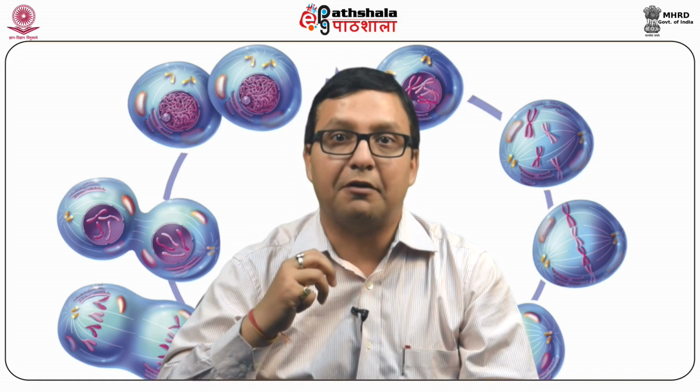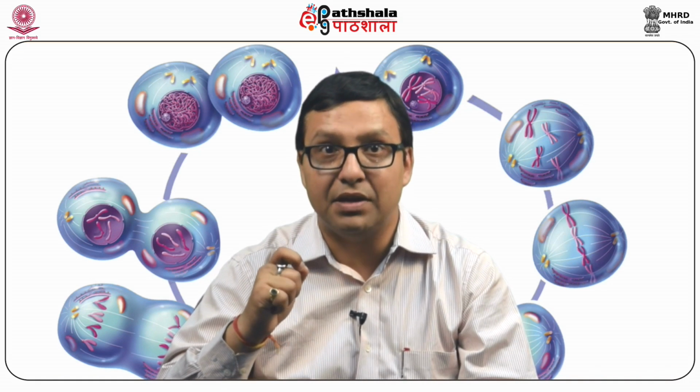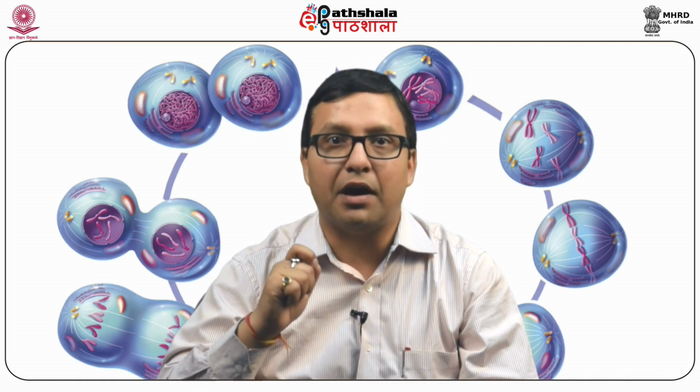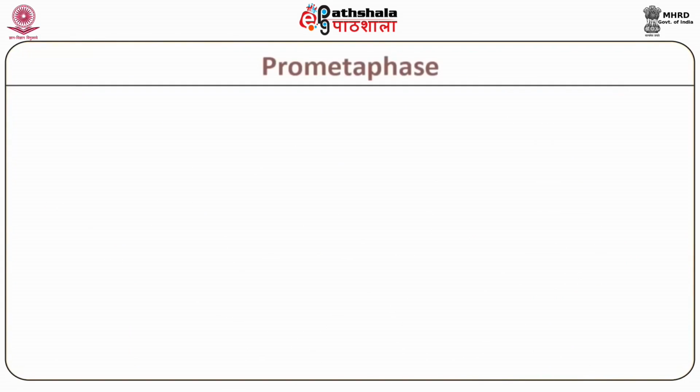Mitotic spindles are formed, which is required later on. Nuclear membrane and nucleolus disappear by the end of prophase. Finally, chromosomes are prepared for segregation. The term prometaphase refers to the period of chromosome movement. You will be amazed to know that a few of the cell organelles like mitochondria, lysosome, peroxisome and chloroplast of the plant cell remain intact through mitosis.